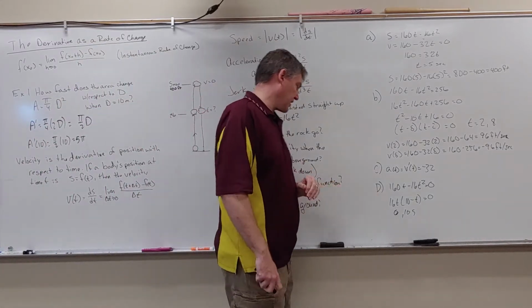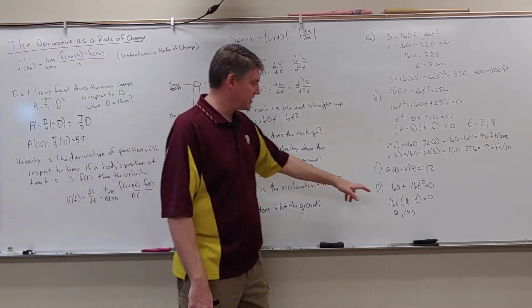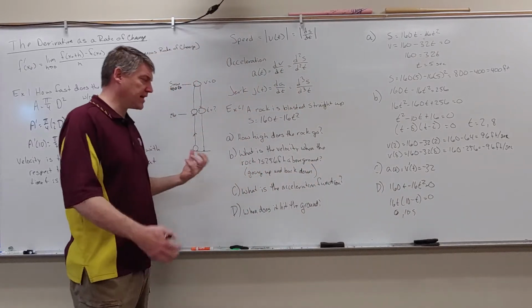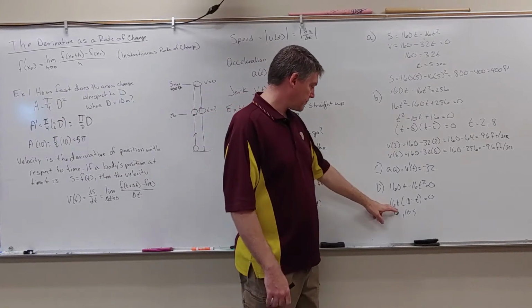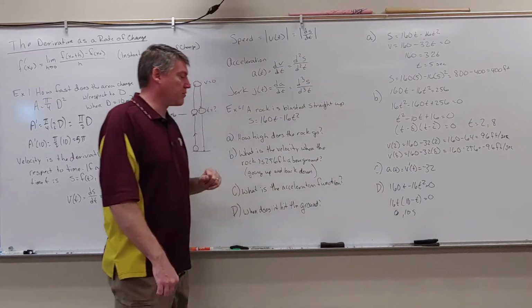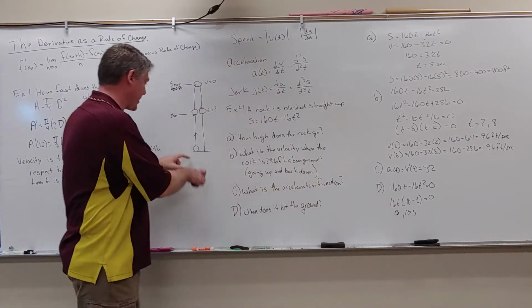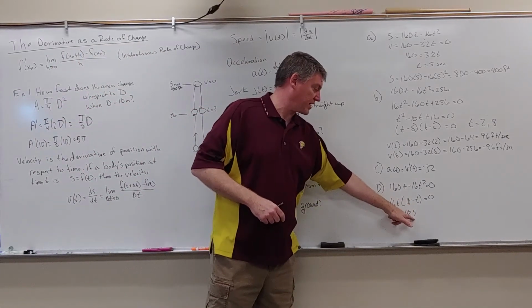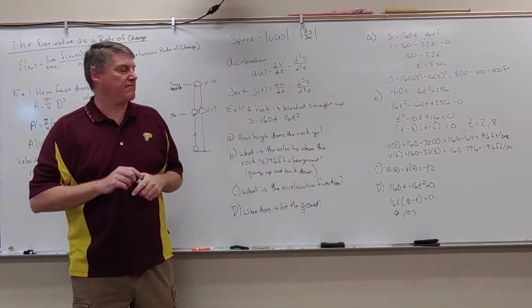And then the last thing is it says, well, when does it hit the ground? Well, that's basically taking my quadratic equation, setting it equal to 0 and solving. So I'm going to factor this. Excuse me. I have 16t equals 10 minus t. Well, this one's 0, which makes sense, right? It starts on the ground. This is going to be 10 seconds. So at 10 seconds, that's the duration of the